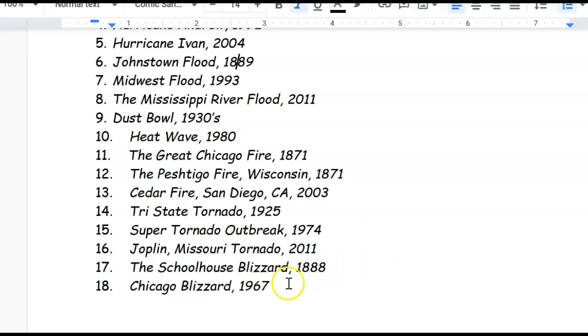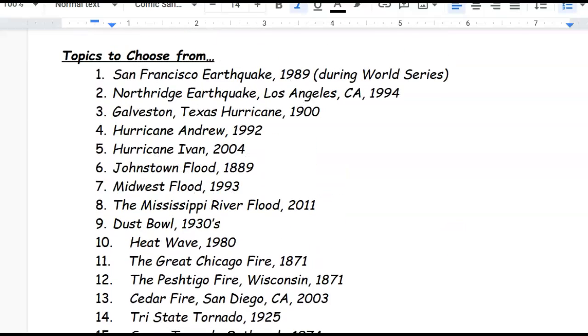Then we're going to look at some things that happened in the wintertime. There was the schoolhouse blizzard of 1888. Very amazing. Like, wow, could not believe that happened. Terrible things that happened during that one. And then the Chicago blizzard of 1967. I was a baby. My dad told me there was snow up to the windows of our house. He couldn't get out to go get me milk. He had to shovel his way out of the windows because he couldn't open up the door, and then walk through the streets, trudging through just to get me milk as a baby. So some amazing, amazing topics to write on.